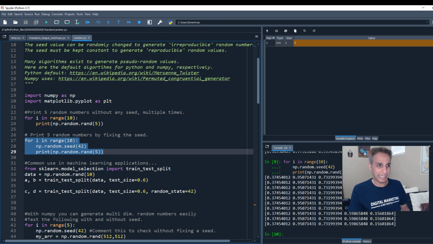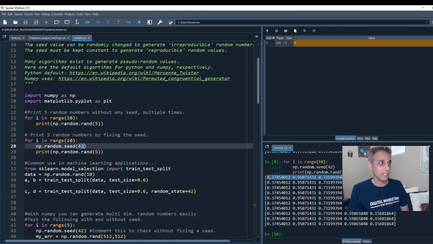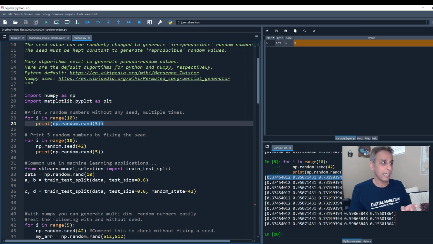So let's go ahead and run it. And you see now I'm getting random numbers. These are all random, but the same random numbers get repeated every time I run this code because the first value that goes in, the seed, is always the same. Without a seed, because I haven't defined it, it randomly generates the initial seed and then changes it every time. So this value may repeat later on, but every time the seed changes.